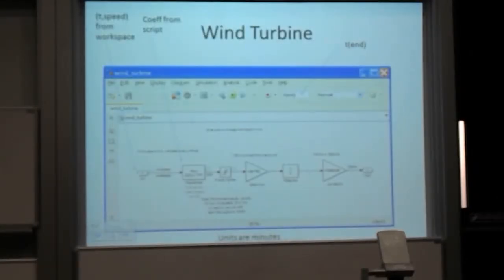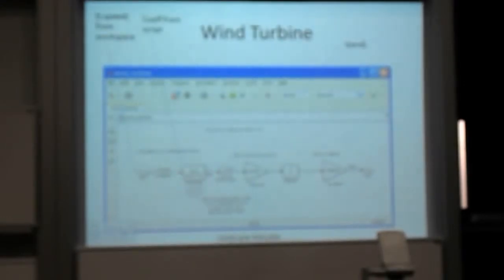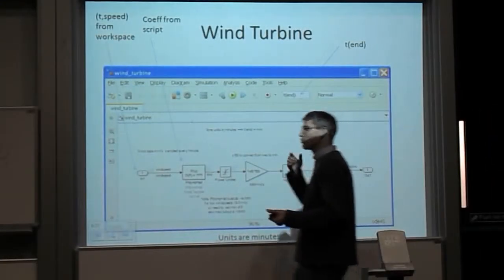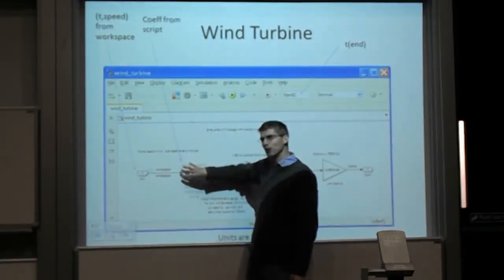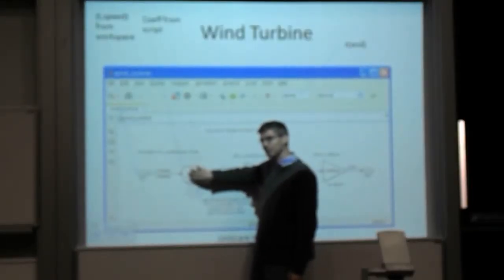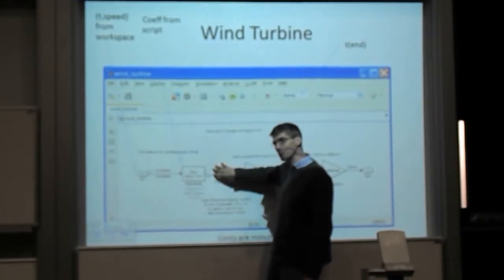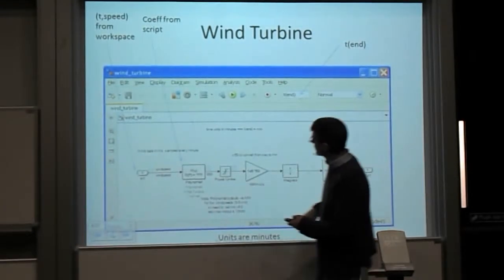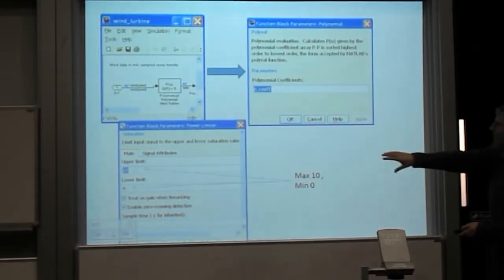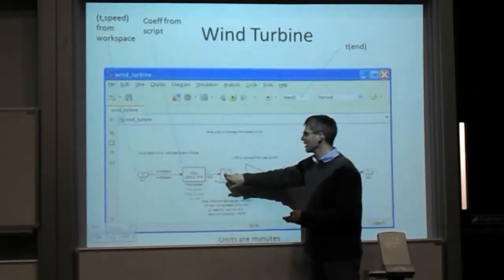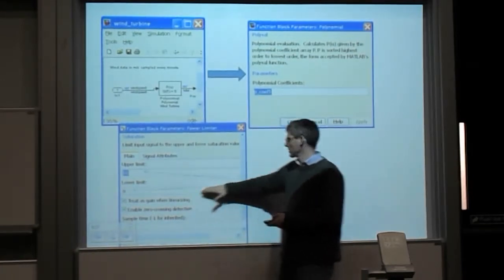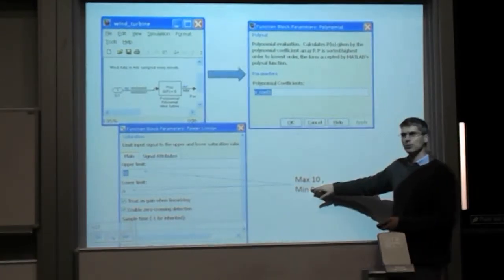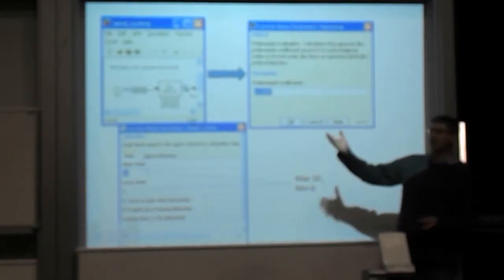Alright, a couple of things to say. If you go to the library browser, there is a polynomial block that you drag over. And obviously we've seen the power limiter block. Or have we seen it yet? You haven't. Here's the power limiter block. So when you double click on this power limiter block, this is what you see. You specify an upper and a lower threshold. So again, the minimum is 0, the maximum is 10. So for our case it's 10